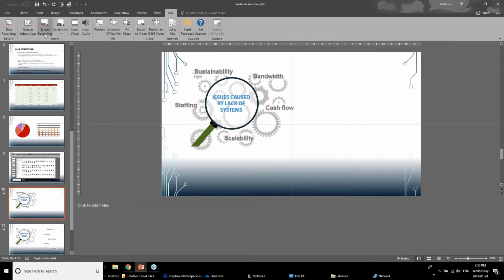And then the screen recording, like I mentioned, that's really to do a screen recording. So say you wanted to film how to open up your product on your website, or open your app on your website or something. This would record anything that you're doing on your screen, and you can make some decisions of whether it has sound or not. What I have noticed though is that it doesn't have the type of functionality that some other screen capture software has, where you can decide the size and the resolution,